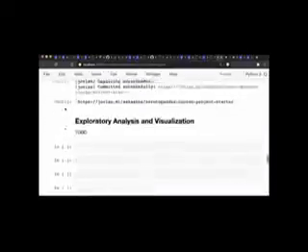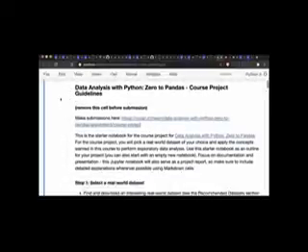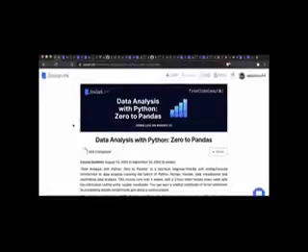Or you can also start from a blank notebook. That is perfectly all right. It's all a question of what you feel most comfortable with. And do remember to remove this cell before your submission so that the instructions are not included in your final submission. Okay, so with that, we've just revised the course project as well, and you have time till the